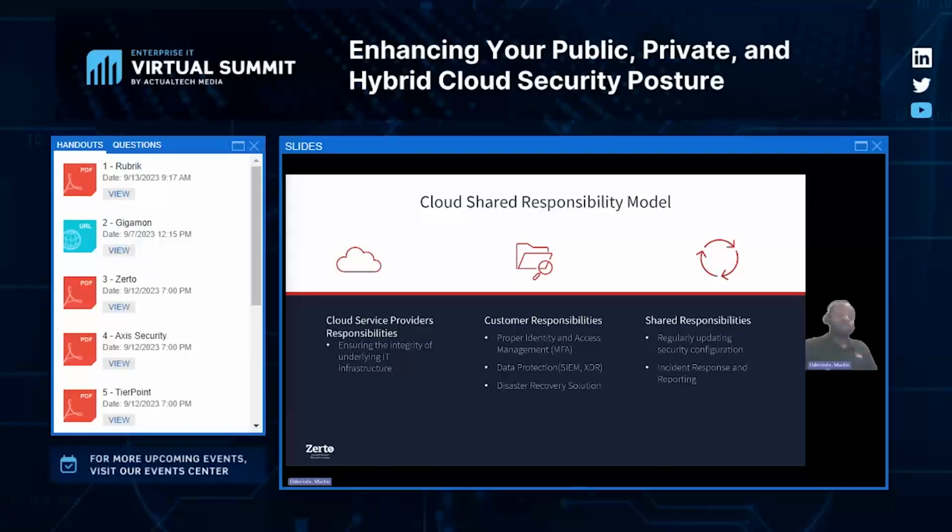responsibility model. This framework delineates the responsibilities between the cloud service providers and customers, ensuring that both parties are on the same page regarding accountability. This collaborative approach ensures that the cloud environment remains secure and compliant. And to truly elevate your cloud security playbook, it's imperative that you grasp that shared responsibility, because your business's vigilance is the linchpin to a strong defense.